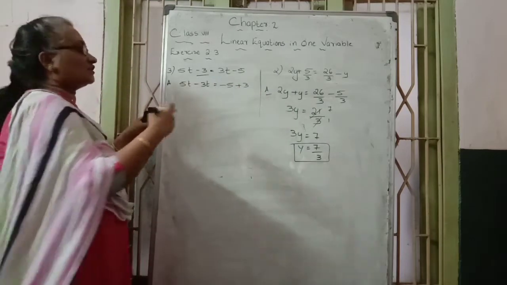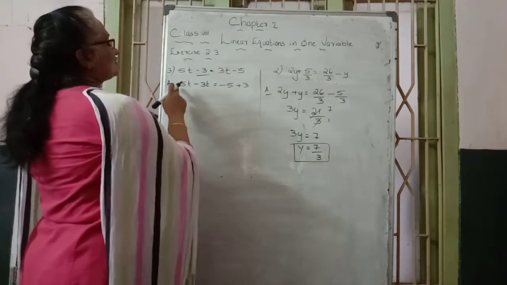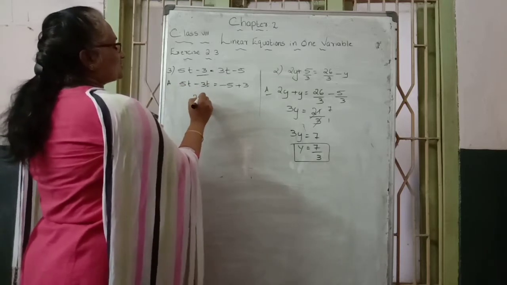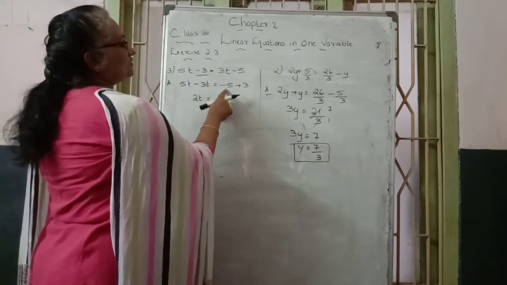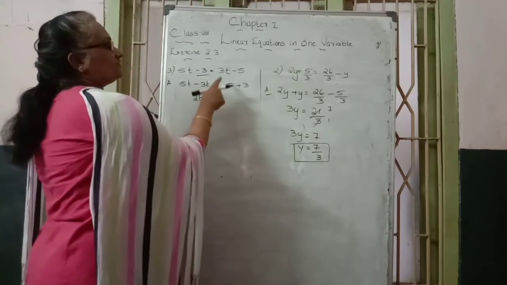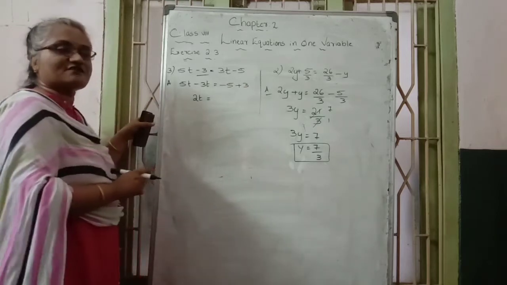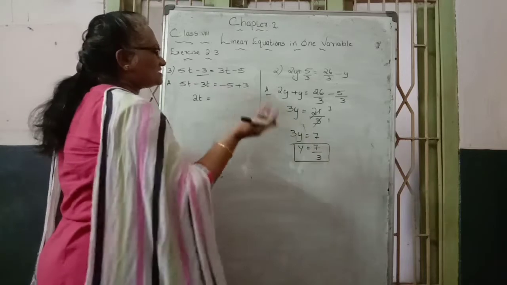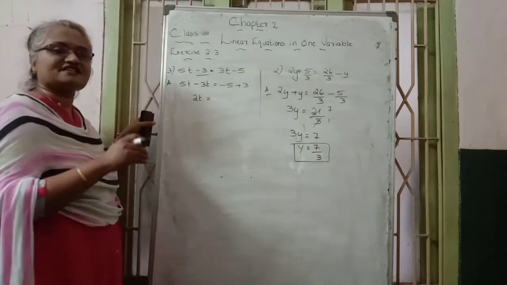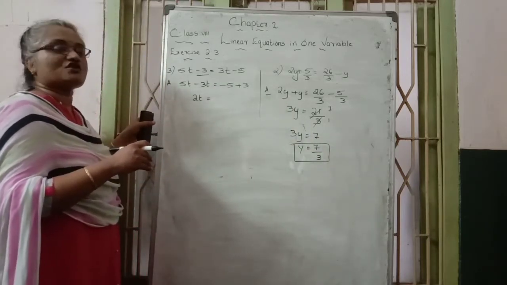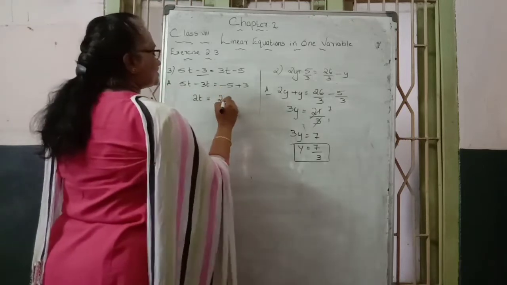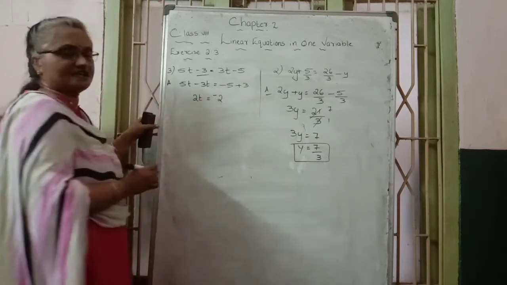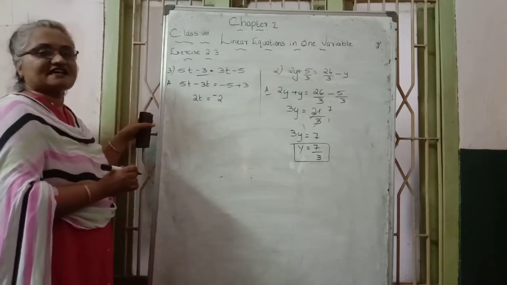Then the next step, calculation. Take the coefficients of t, 5 and 3. Which operation? Minus operation. 5 minus 3 becomes how much? 2t equal to, where one is a negative integer and the other is a positive integer. What do we do? With different signs, we subtract and put the sign of the bigger number. So 5 minus 3 becomes 2. Which is the bigger number? 5 is the bigger number. What is the sign of 5? Minus. That's why we get the right side answer as minus 2.